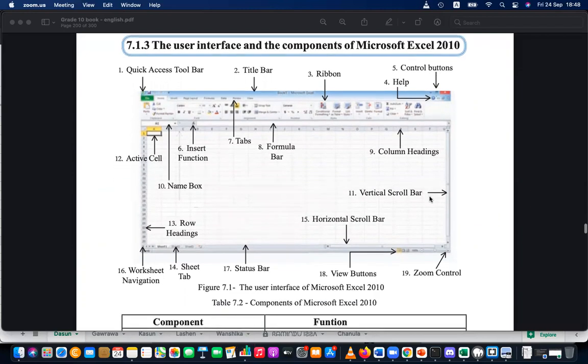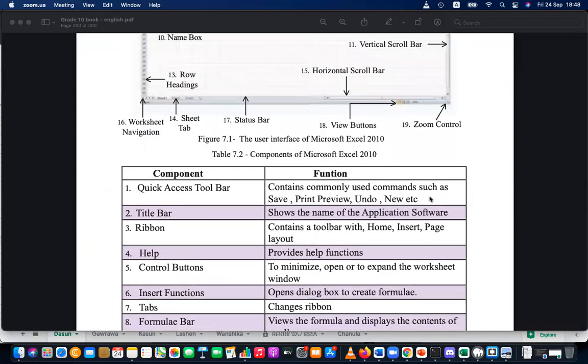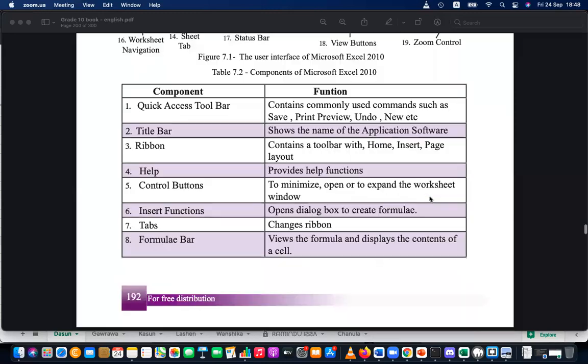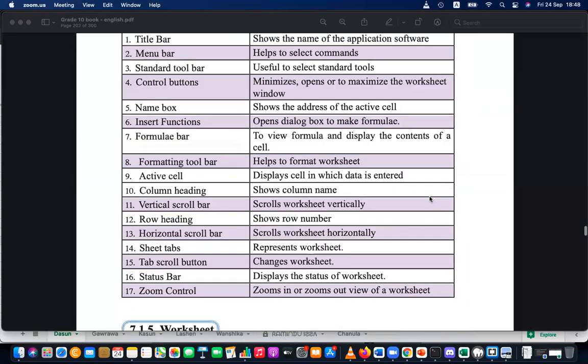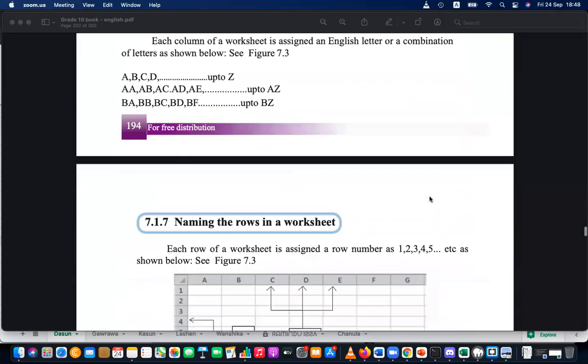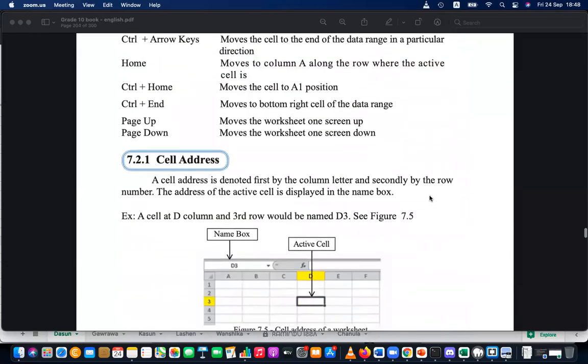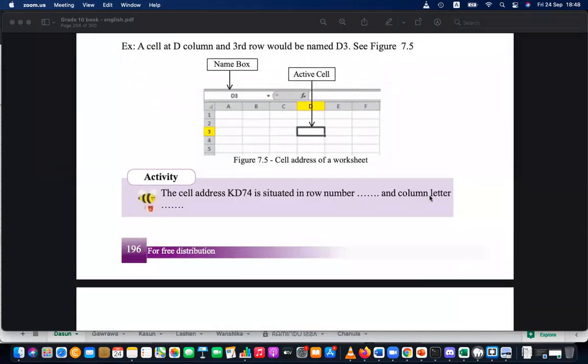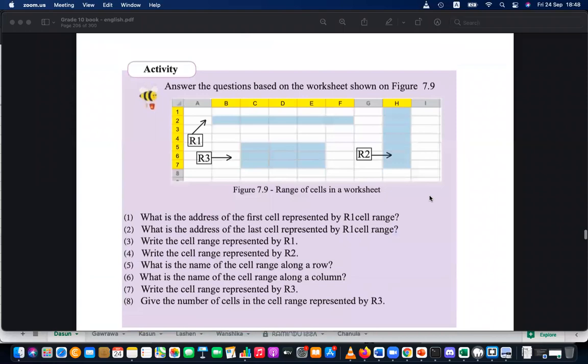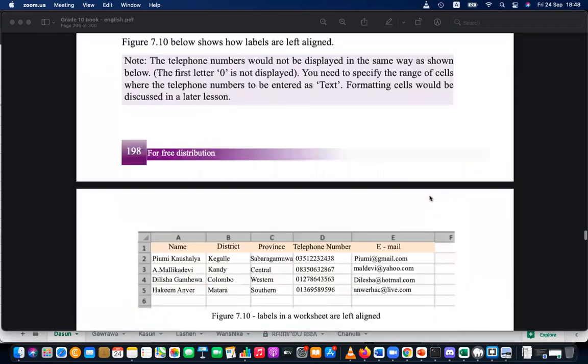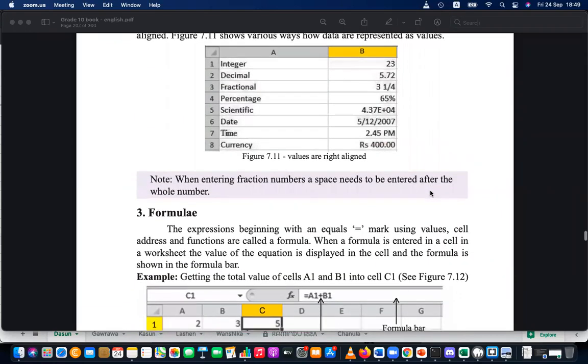Actually, the next day is critical because we are going to finish this lesson next day. I said that I'm going to do rapid completion of the syllabus. So that can be done because you were there in my classes in the beginning. So you can catch this now and we can speed up the process. Next day I'll be finishing the interfaces and the worksheets, worksheet naming, the column renaming and all these things. And also the active cells and different locations, cell numbers, cell range, entering and labeling these things.